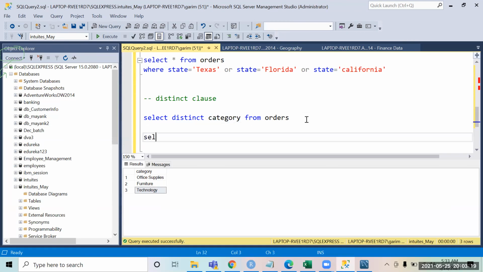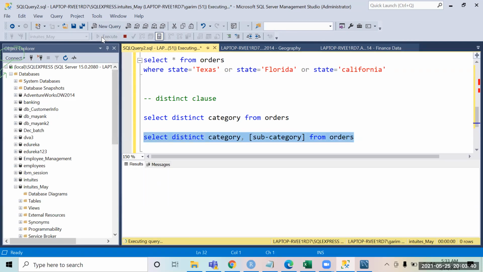So when you say select distinct category, it just gives you unique categories. And similarly, if you say select distinct category, comma, subcategory, you want to pull subcategory also. Now it is going to give you the unique combination of these two columns, category and subcategory.